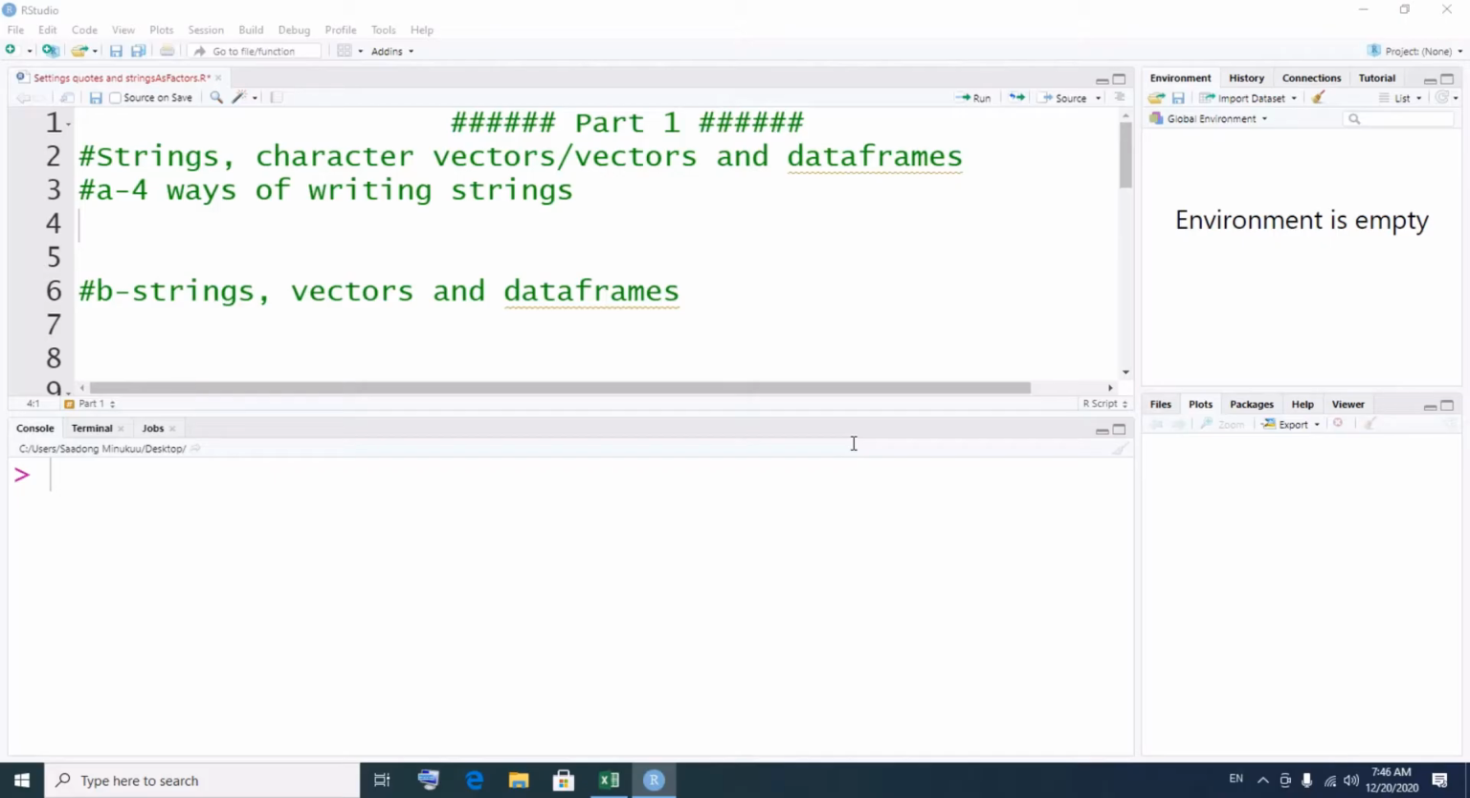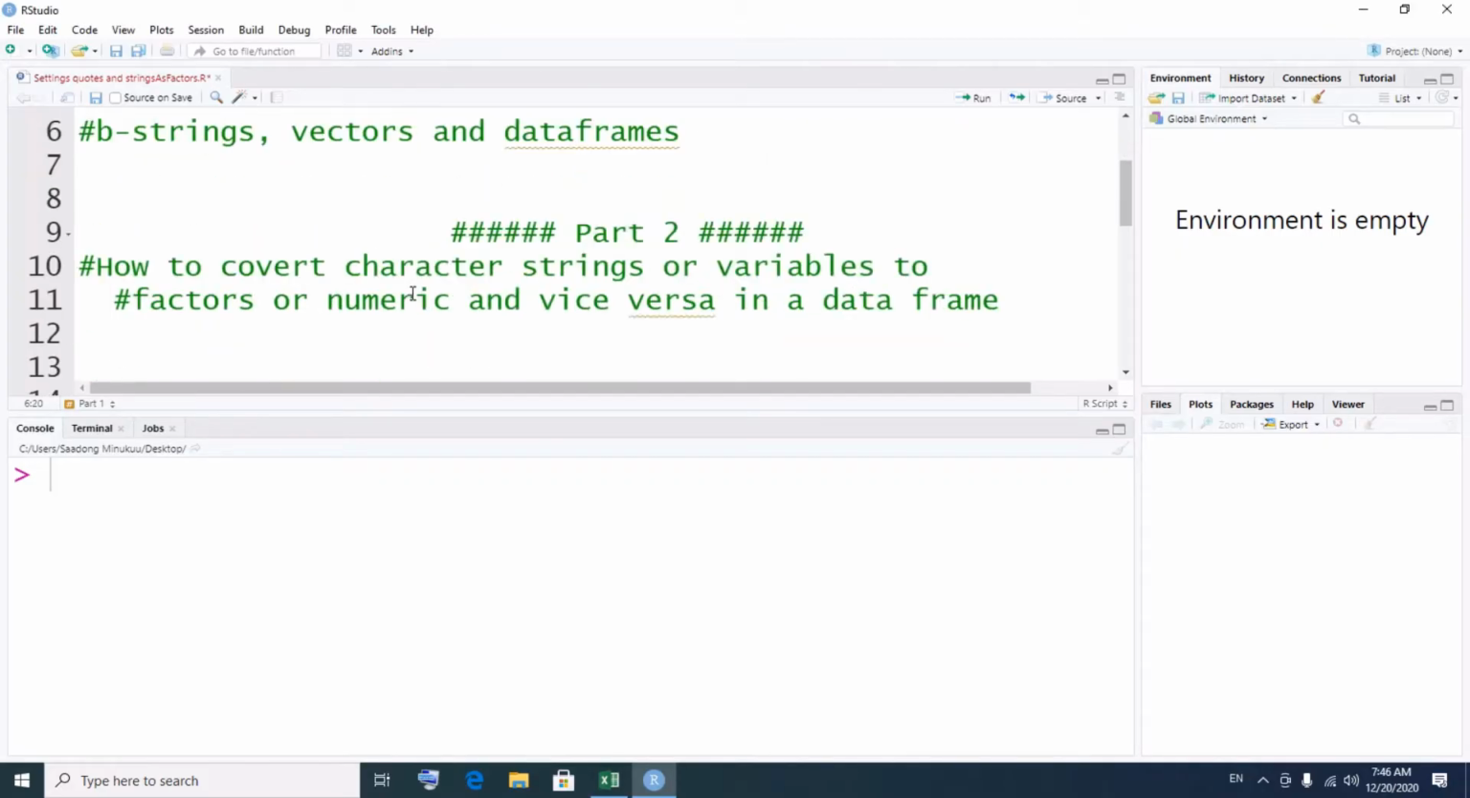In other words, how do we combine strings, or how do we concatenate strings to form character vectors, and how do we combine character vectors, maybe with other vectors like numeric vectors, to form, for instance, data frames. So basically the first part of this tutorial on strings, vectors, and data frames will be based on this. And in the second part, we shall be looking at how to convert character strings or just any